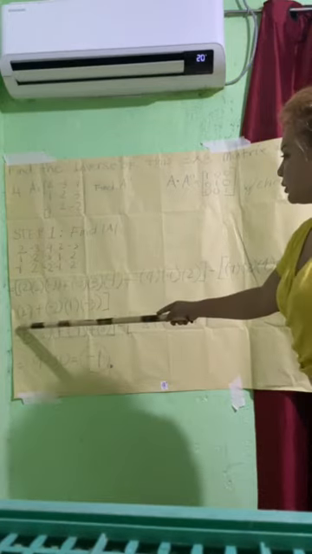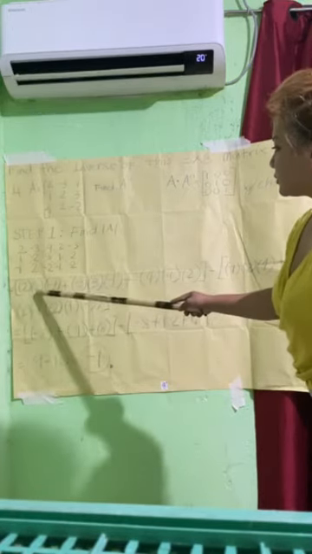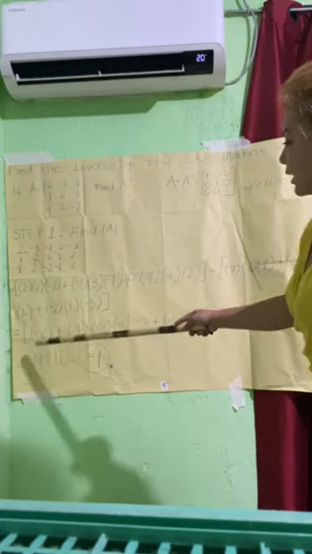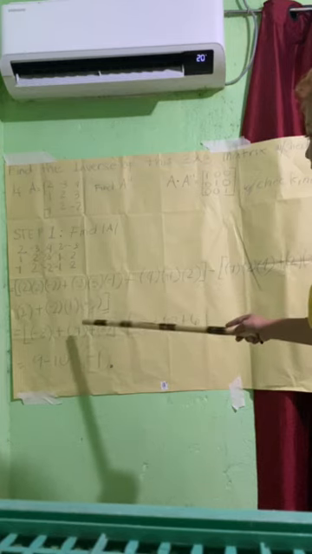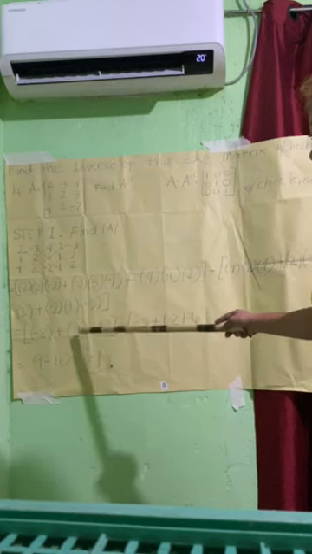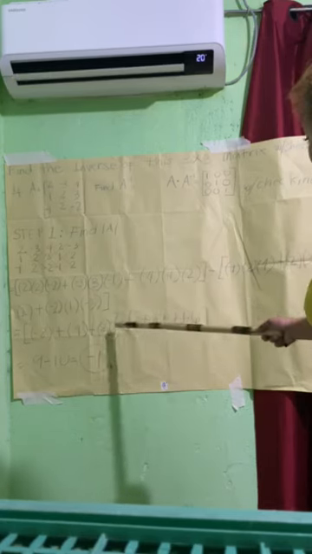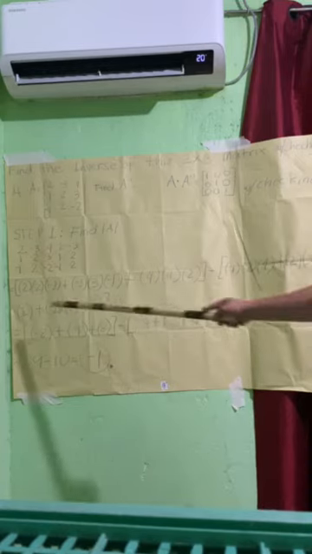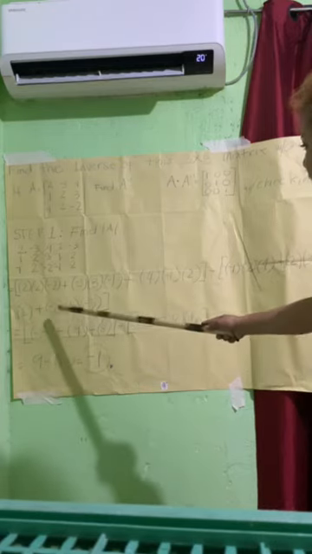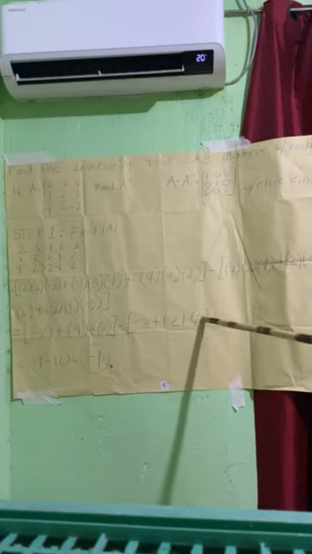And here we're going to multiply each number. 2 times 2 times negative 2 is equal to negative 8, plus negative 3 times 3 times negative 1 is equal to 9, plus 4 times 1 times 2 is equal to 8, minus negative 1 times 2 times 4 is equal to negative 8, plus 2 times 3 times 2 is equal to 12, plus negative 2 times 1 times negative 3 is equal to 6.